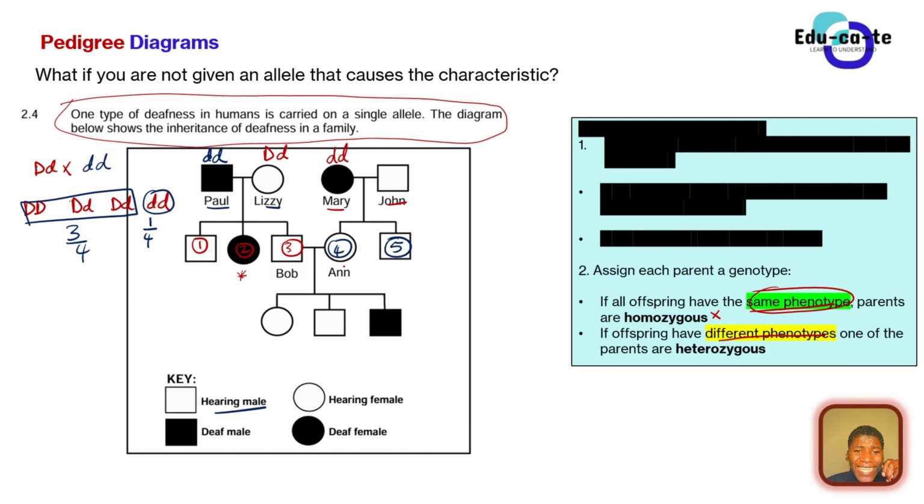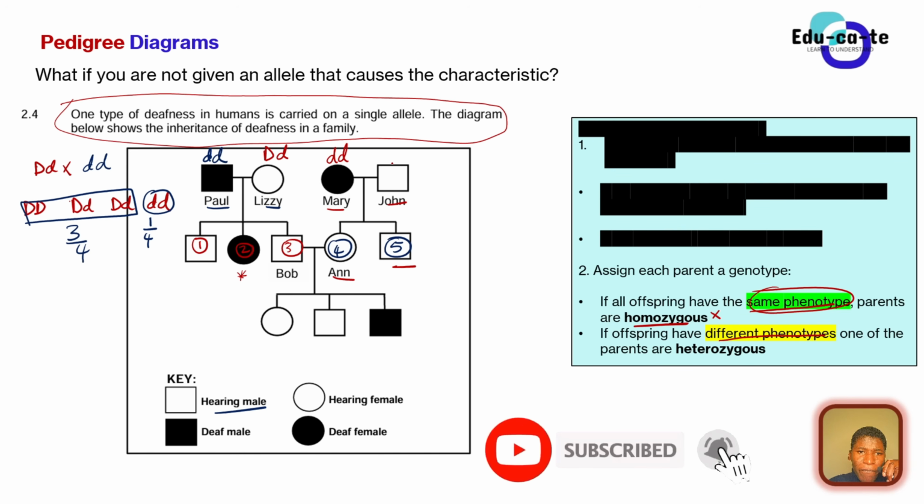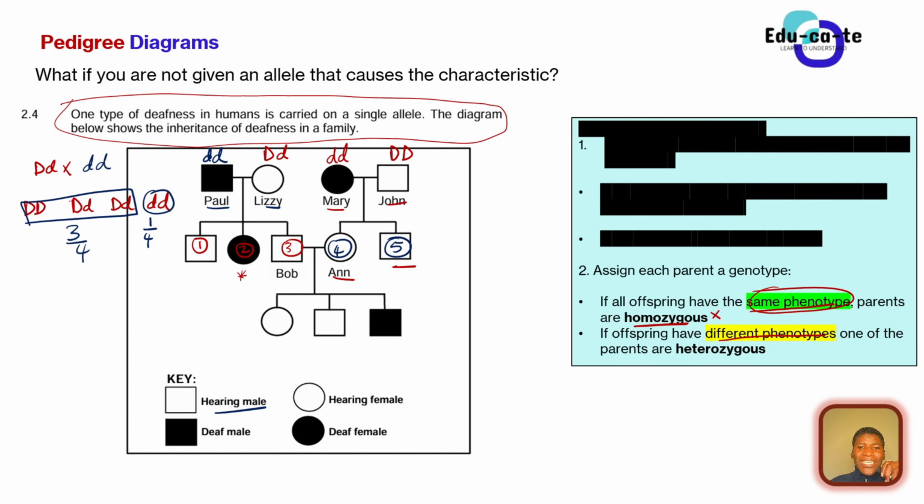So you can see that Anne, individual 4, and her brother have all got the same phenotype. So the parents must have a homozygous condition. Mary has to be homozygous recessive because she has the condition. John has to be homozygous dominant because he doesn't have the condition. That is the only way that you would get a cross of complete dominance such that all the individuals would have D and small letter d.